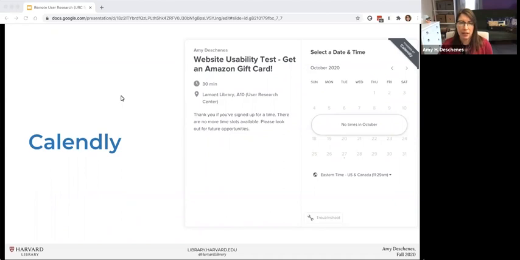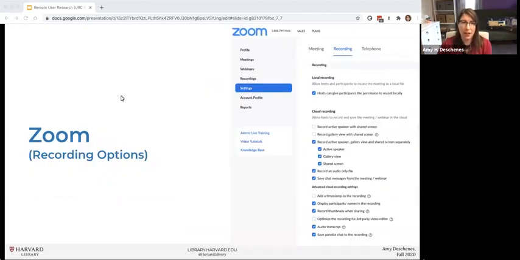And Calendly, I believe, is freely available if you only have a few different events, but this allows you to set different times to offer to people to sign up. You can also sync with somebody's Outlook. So that works really well too, because you automatically get an invite and it blocks on your calendar when someone goes to sign up through Calendly. So you already have it. And finally, as I mentioned, for all of these, we use Zoom.